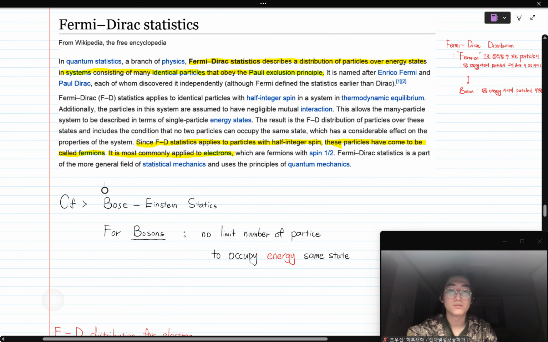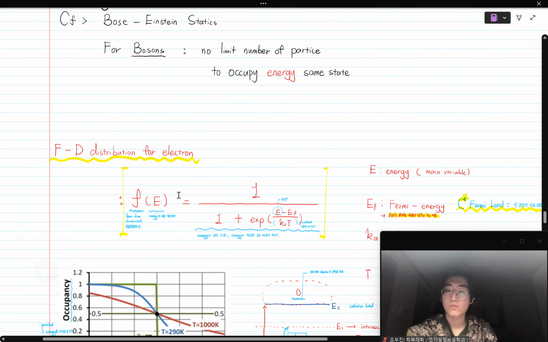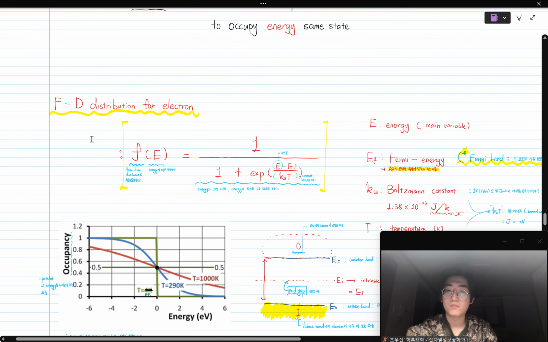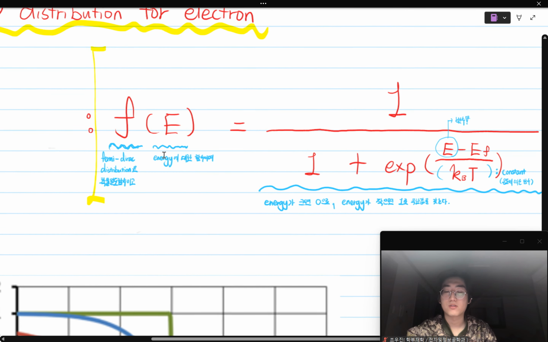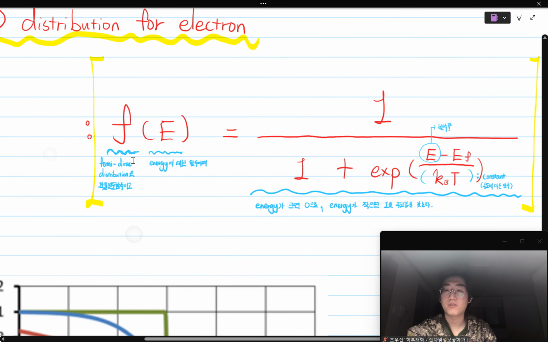So this equation is about the Fermi-Dirac distribution for electron. Which means this F means Fermi-Dirac distribution,